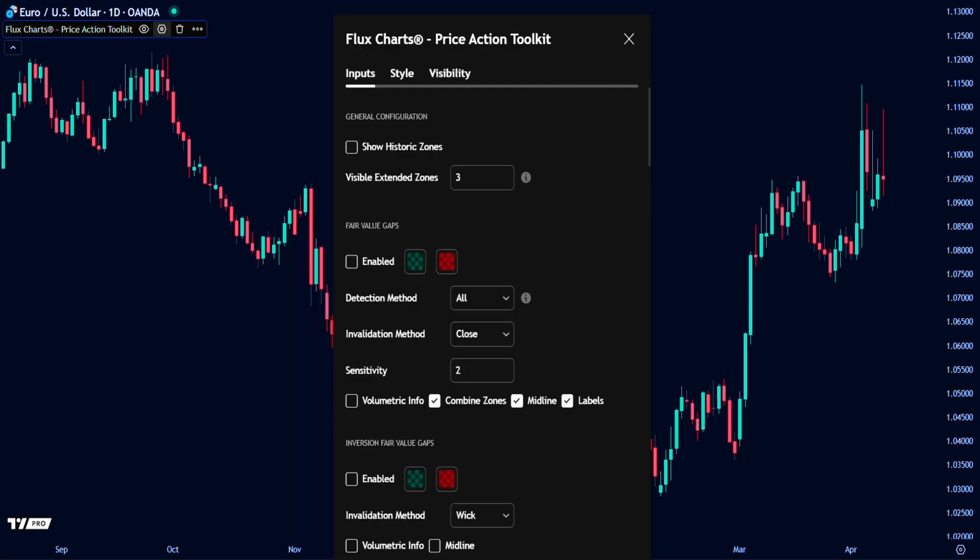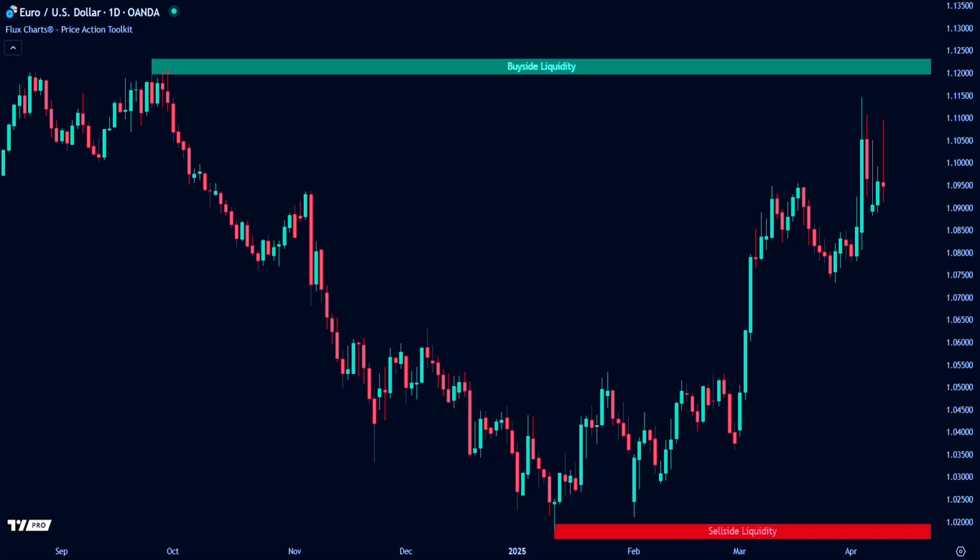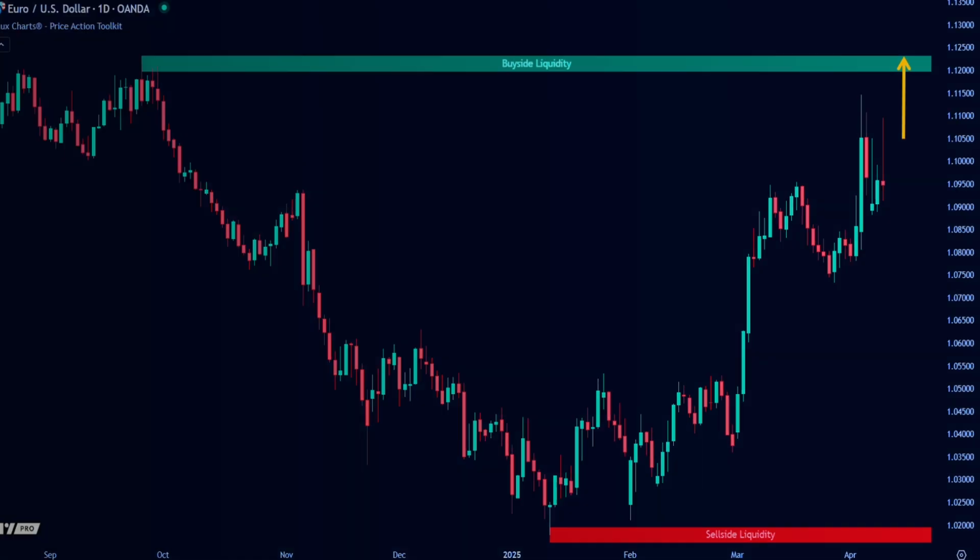Open Settings. From here, you can adjust it based on your strategy. Look for liquidity sides and turn it on. The indicator will identify sell-side and buy-side liquidity easily. Since we expect the price to tap this liquidity level, now let's go to the 1-hour chart to find the